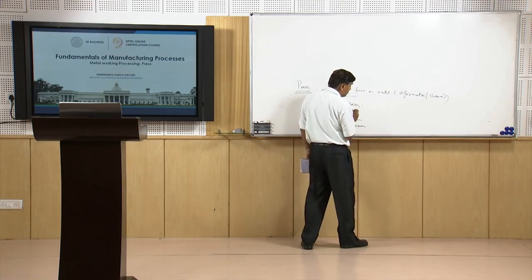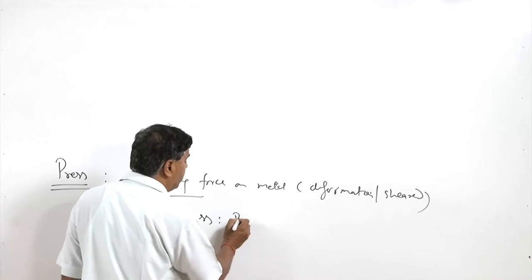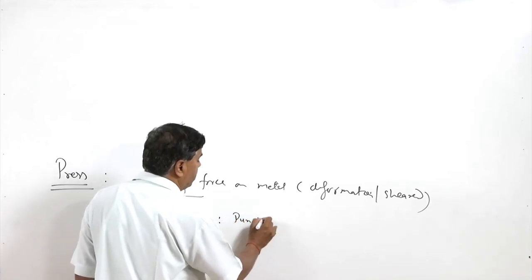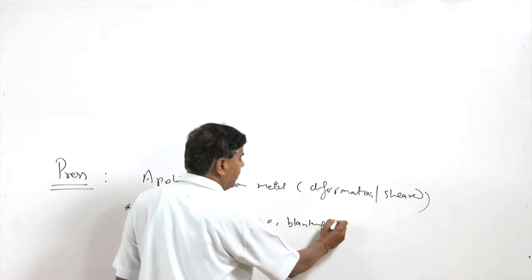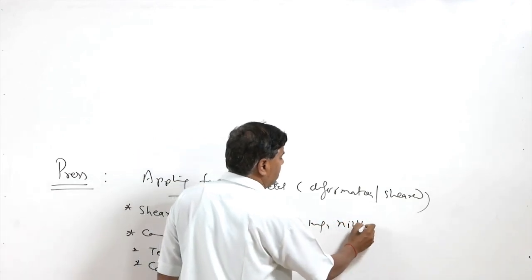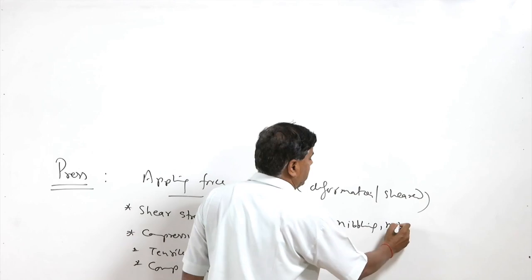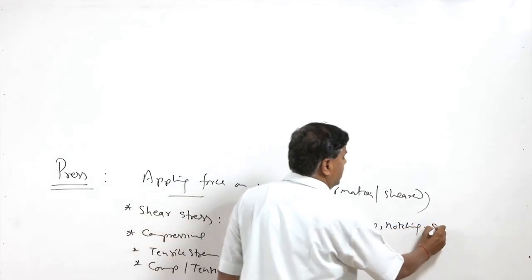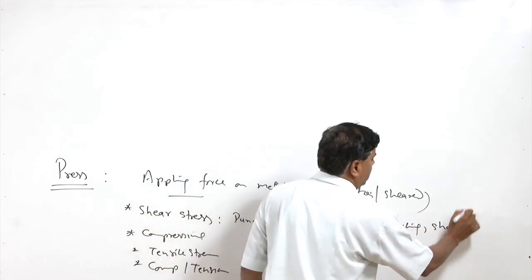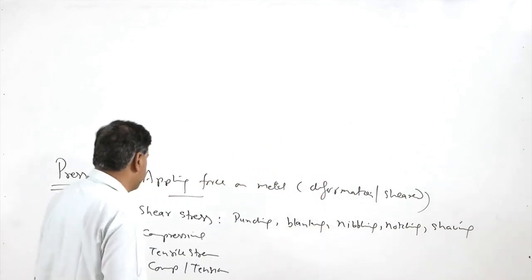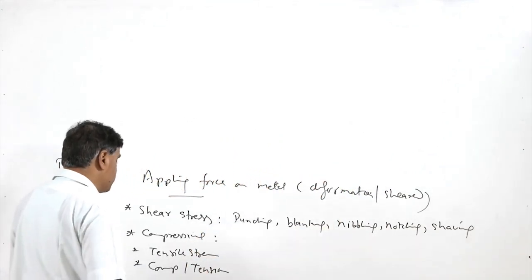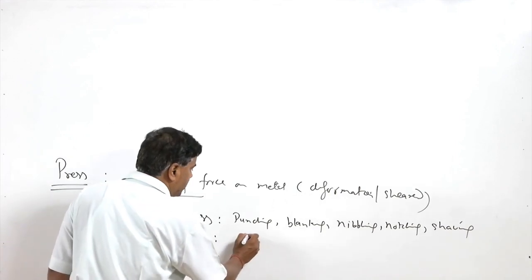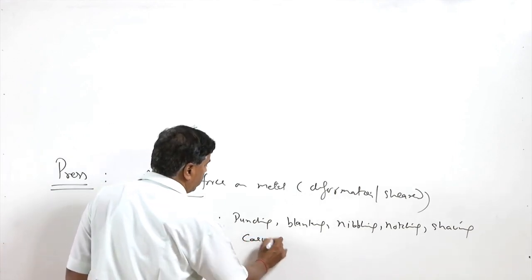Shear stresses in sheet metal processing are used for operations like punching, blanking, nibbling, notching, shaving, etc. There are a number of processes, while compressive stresses are used for operations like coining